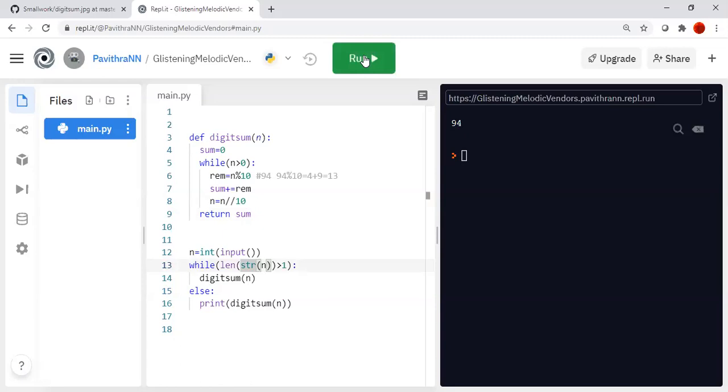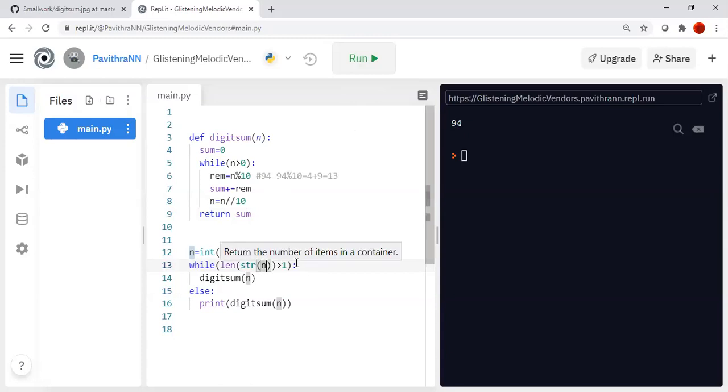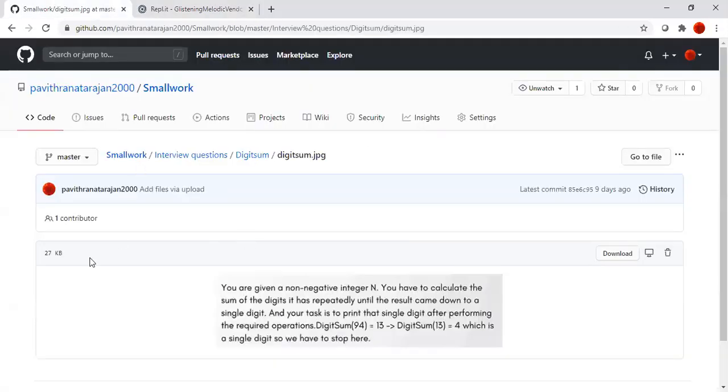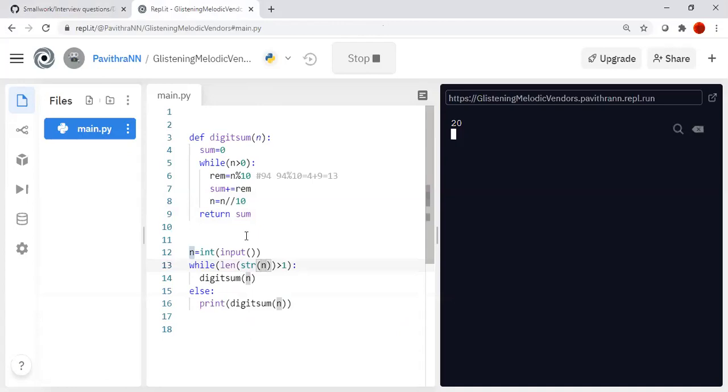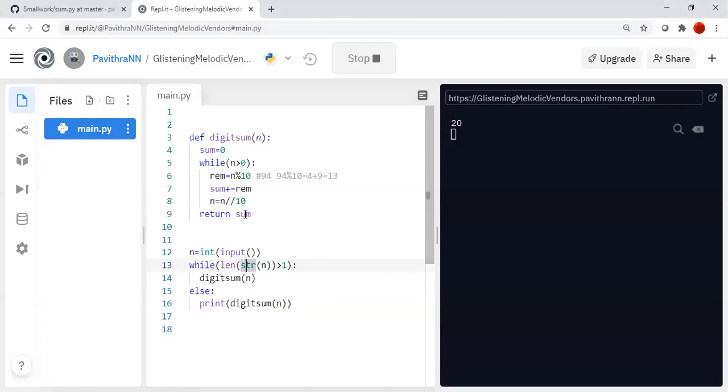There is some problem. Here we have to save the digit sum of n in n.